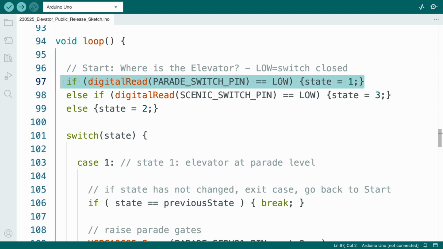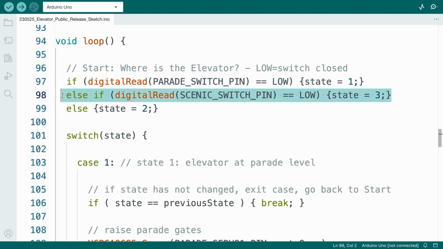The parade switch pin is read. If it is low, in other words, if the elevator is present at the parade level, then the command inside the curly brackets is executed. The variable named state is made equal to 1. There are 2 else lines appended to the if statement to handle the other 2 possibilities for the value of